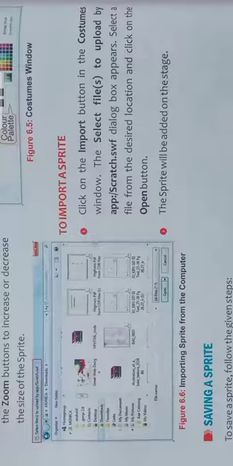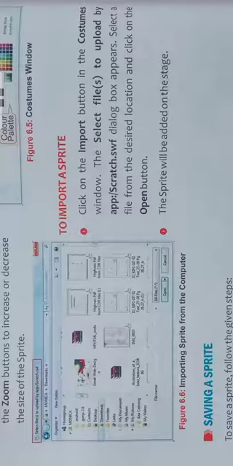Again that dialog box will appear in front of you in a pop-up style. Select a file from the desired location and click on the open button. Your desired picture that looks very good, you select that picture, and after that click on the open button. You will find that the picture will be added to your stage in the center as a sprite.